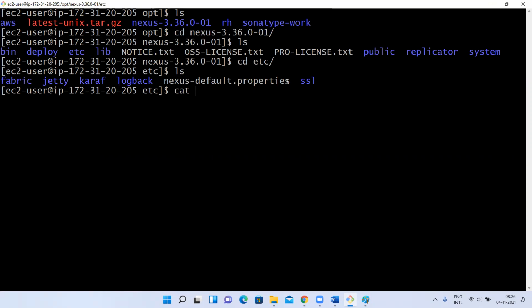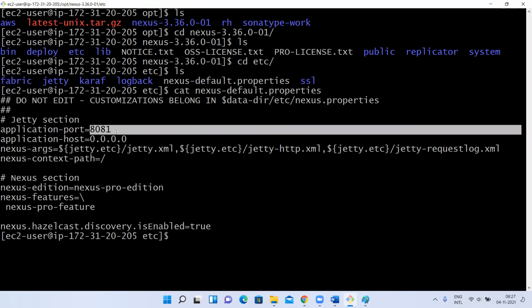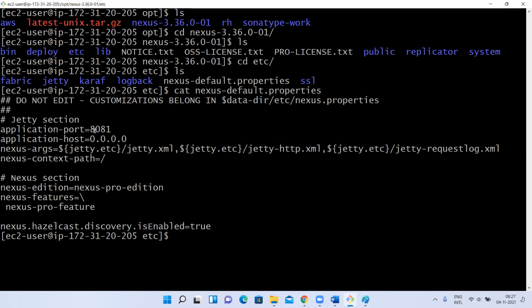If you don't want to use 8081, for example if some other tool has already used that port number, then you have to change it in this nexus-default.properties. Here, application-port is showing as 8081, so your Nexus will start with this port number. If you want to use some other port number, you can change it and restart your Nexus so that Nexus will start working with the new port number. Okay, so this is about that.